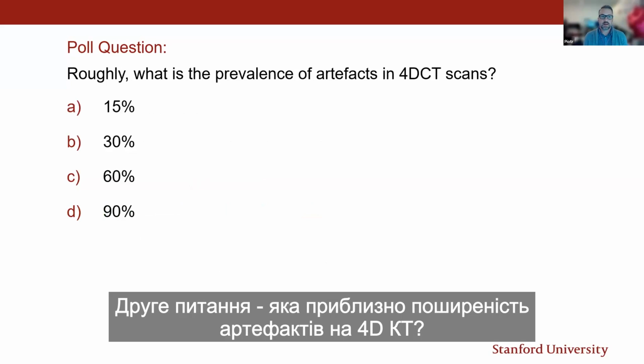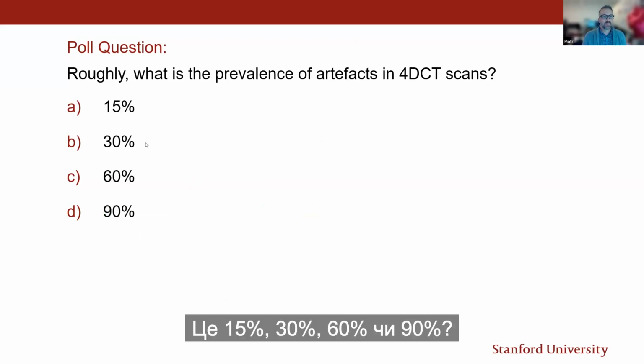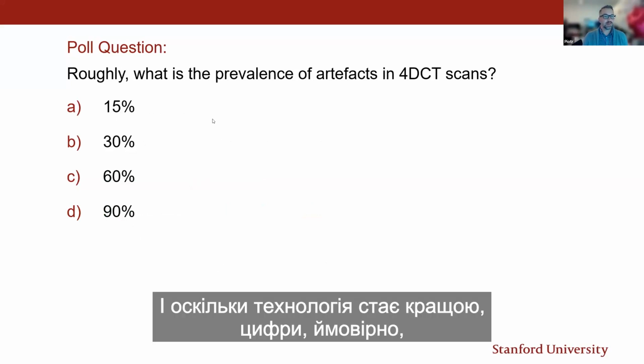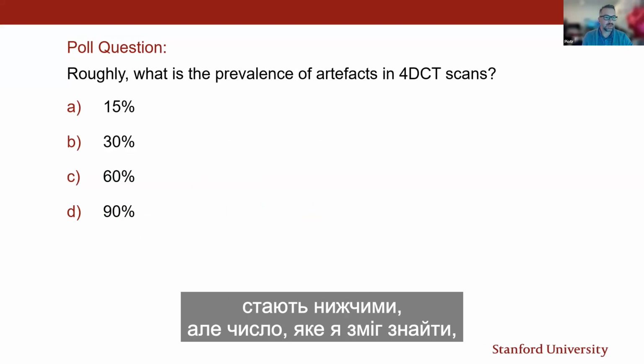The second question is roughly what prevalence of artifacts are found in 4D CTs? Is it 15%, 30, 60, or 90? Again, as technology gets better, this number is probably getting lower, but the number that I was able to find was